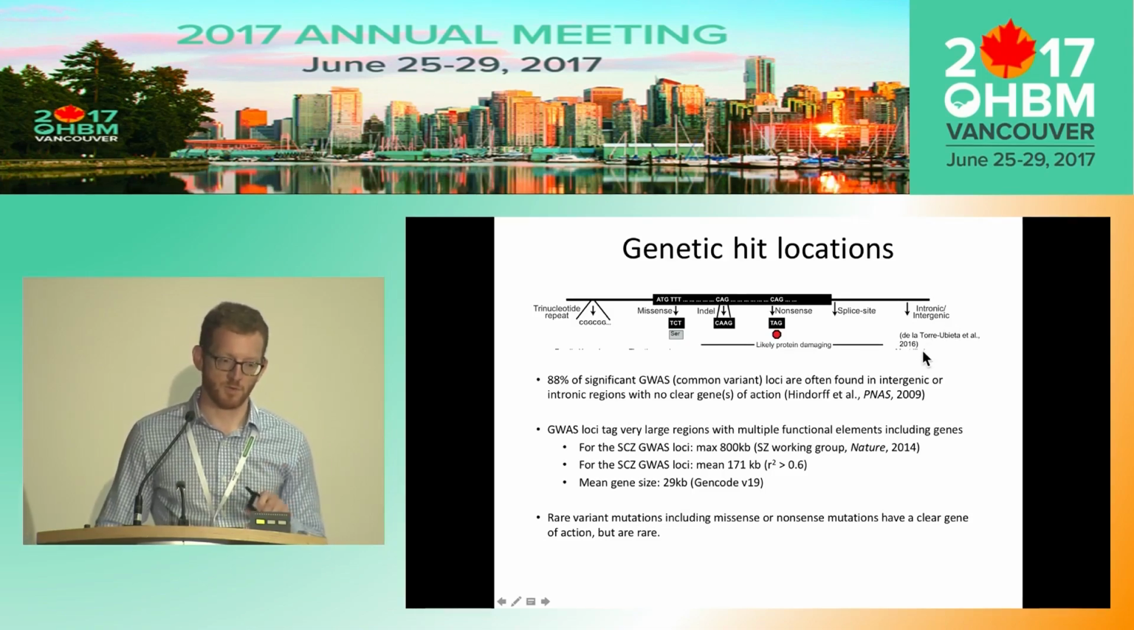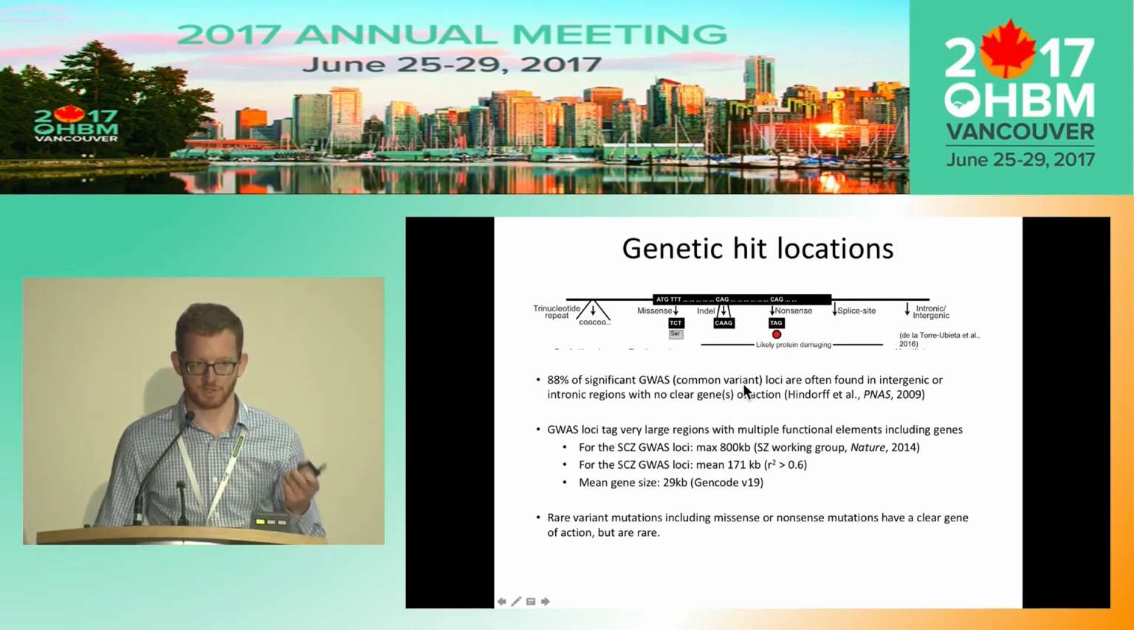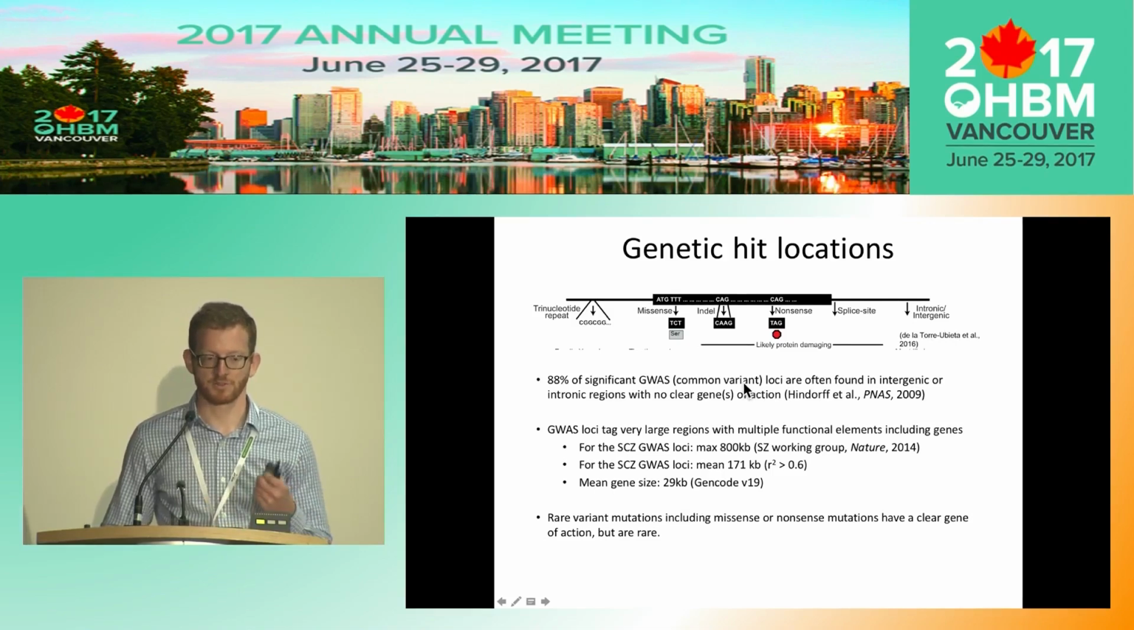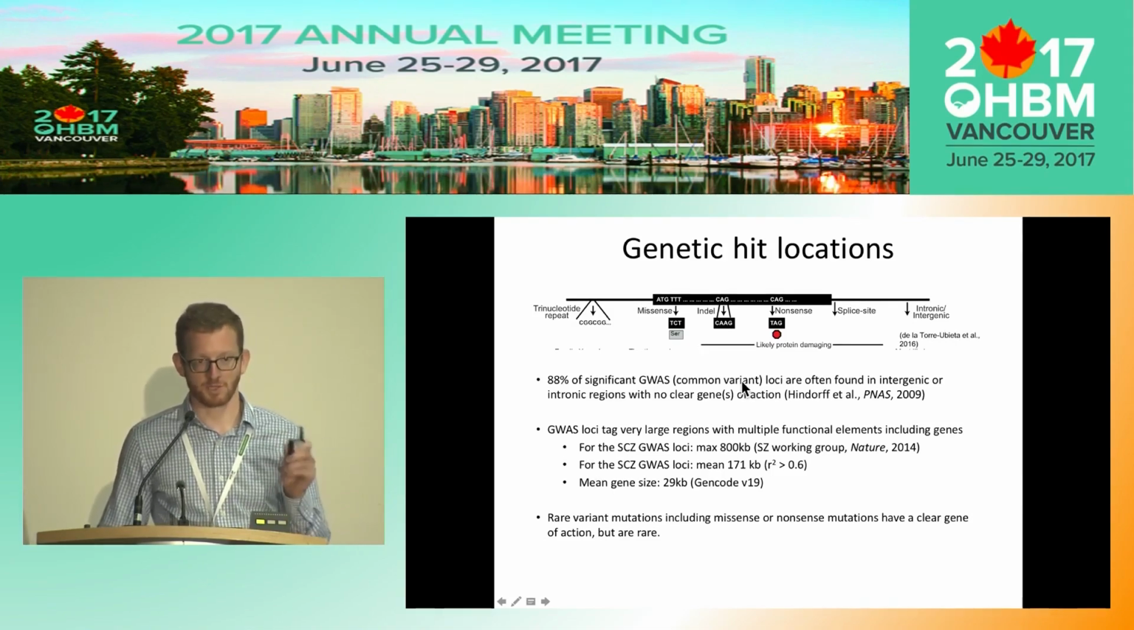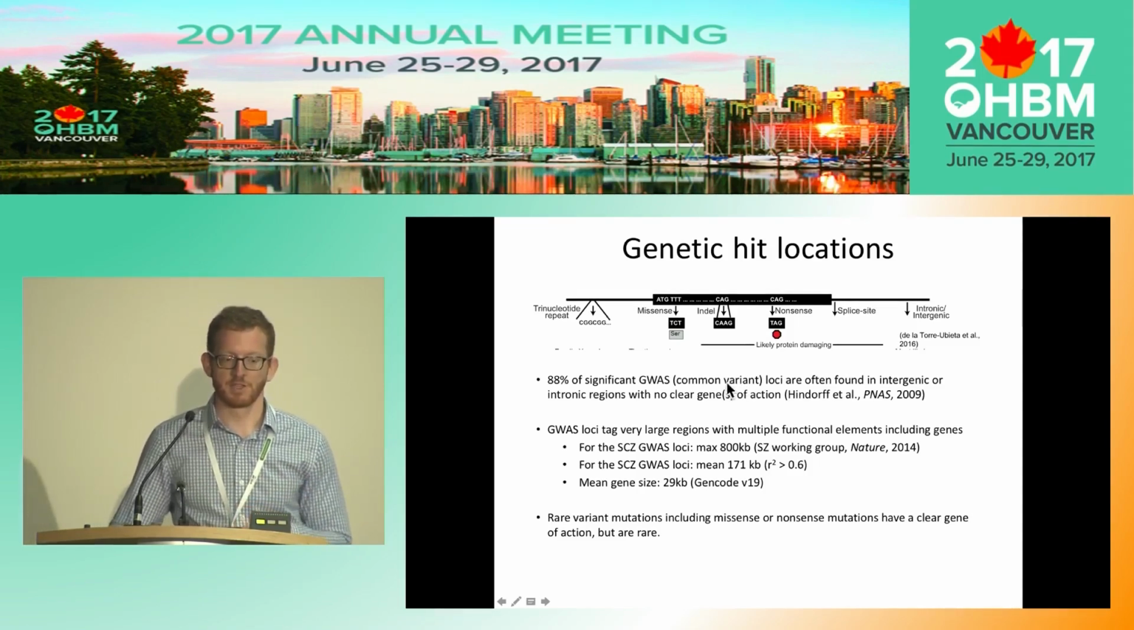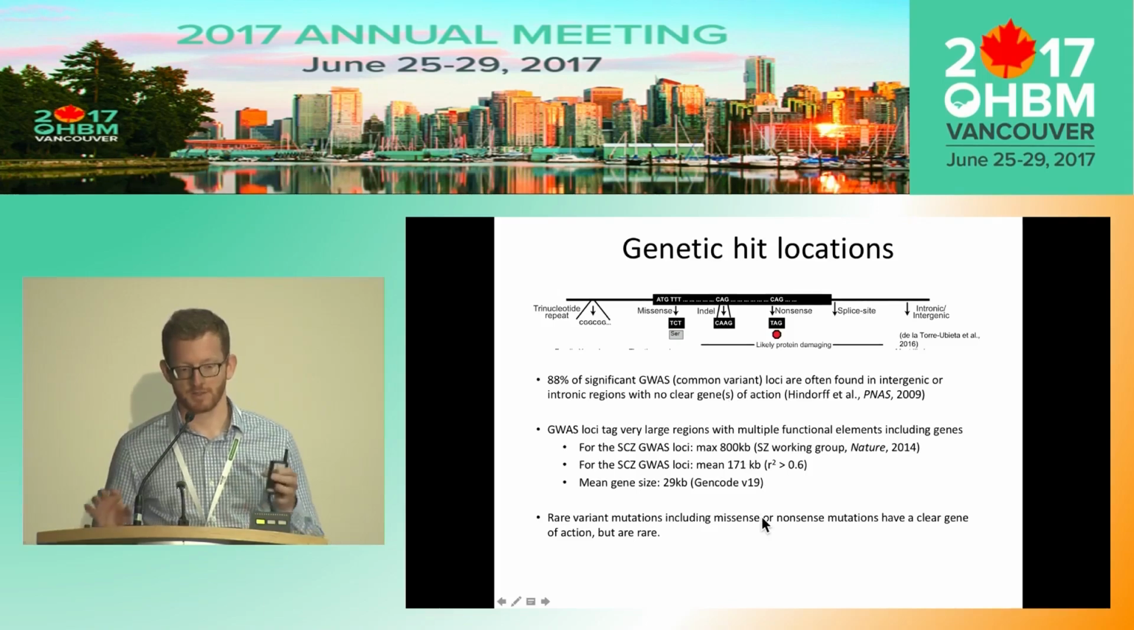So most of our GWAS hits, 88% of significant genome-wide association hits, are found in intergenic or intronic regions with no clear gene of action. So this is why GWAS is so complicated, because we do not really understand what the predicted regulatory function of these variants is. And just to give you an idea of how complicated this is,